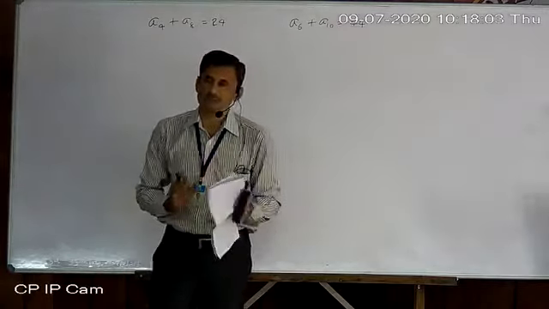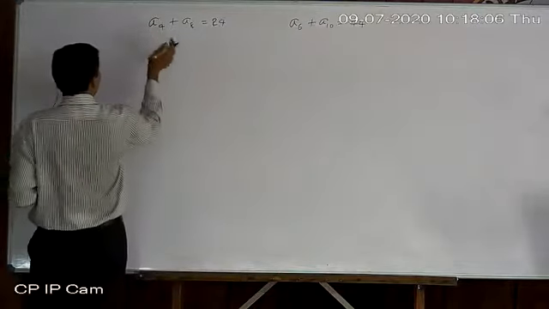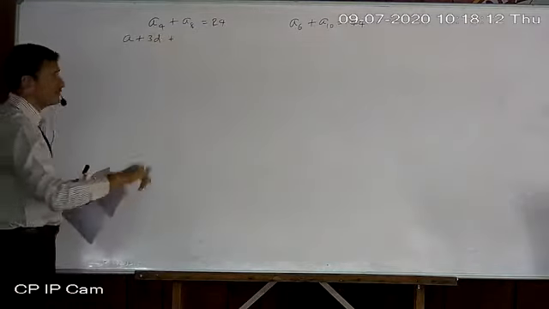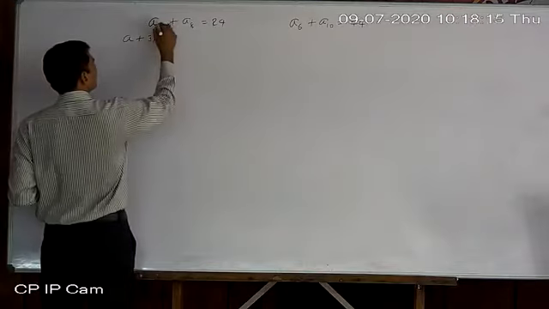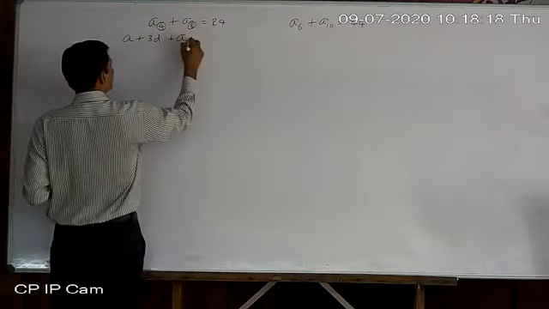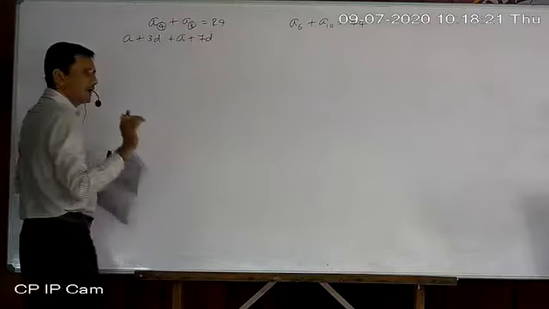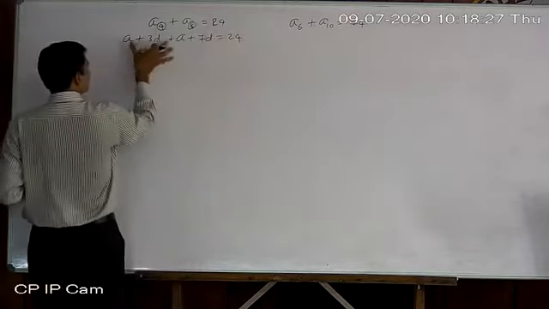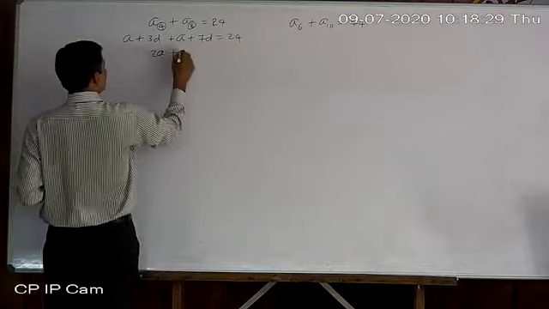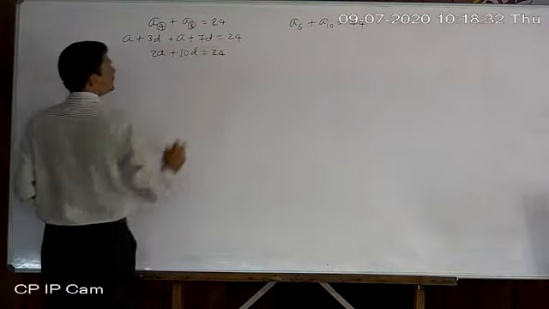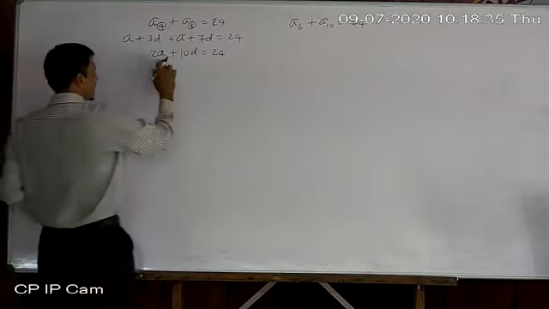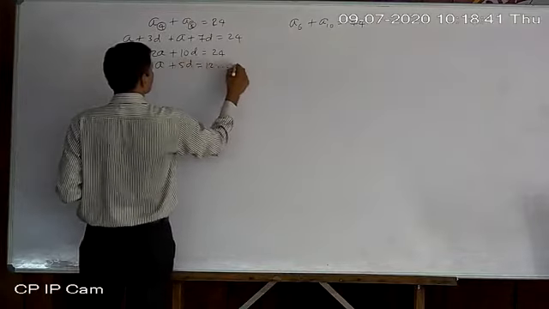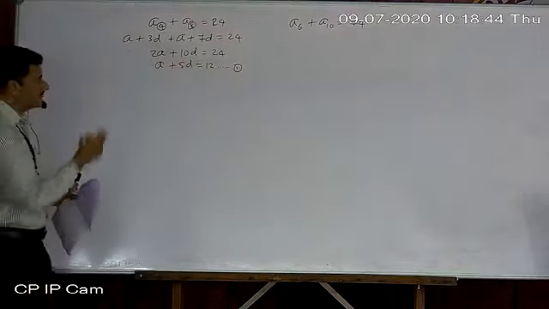Now we used to write equations like this in previous practice, yesterday's practice only. So in place of A4, write A plus 3D. Why A plus 3D, do you know? A plus N minus 1 D is nothing but A N. Here also we have N only, not A, not D. So A plus 3D plus A plus 7D equal to 24, so it will become 2A plus 10D equal to 24. Now it is divisible by 2, so I can write A plus 5D equal to 12. Equation number 1.